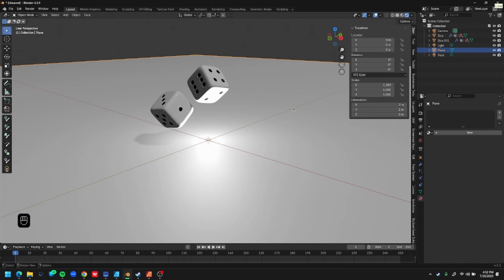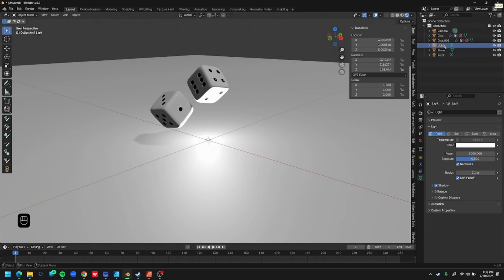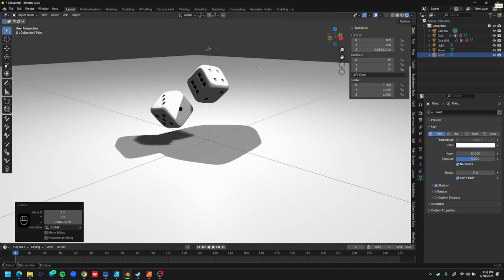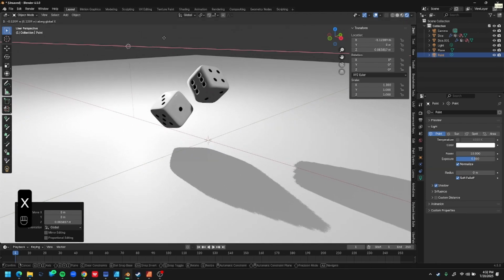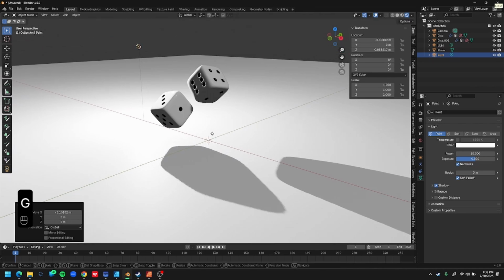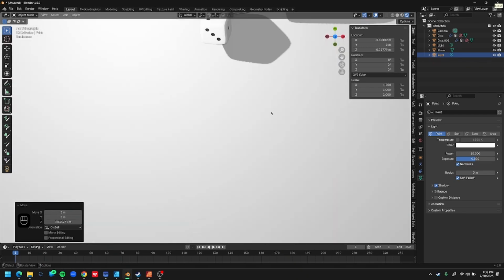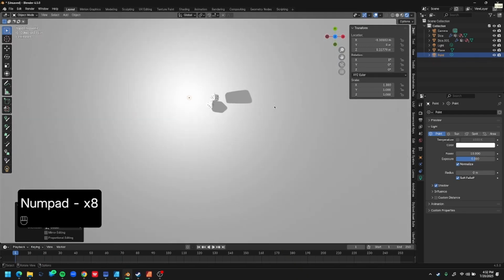If it's not so easily selectable, go over to your outliner, and we're just going to move this. G. Oh, sorry, this is the wrong one. So we want to get the second light, the point light. G, Z, move that up. And we're going to move it across, probably G, X maybe, like that. And G, Z, like that. If you want to do it from the top view, do like this, zoom out a bit, and